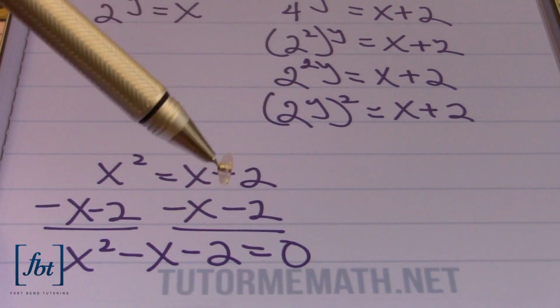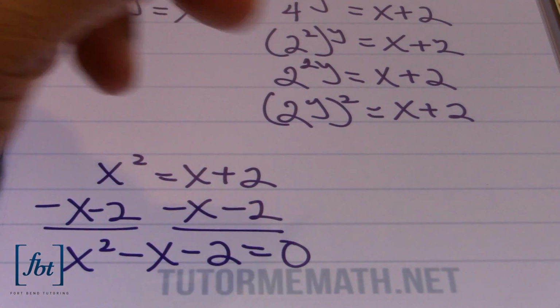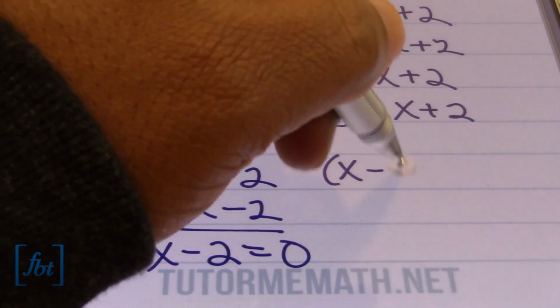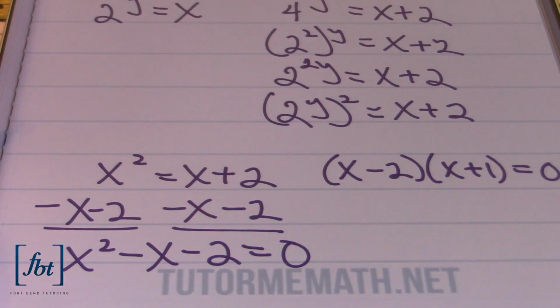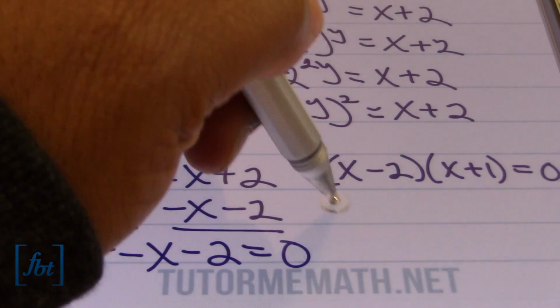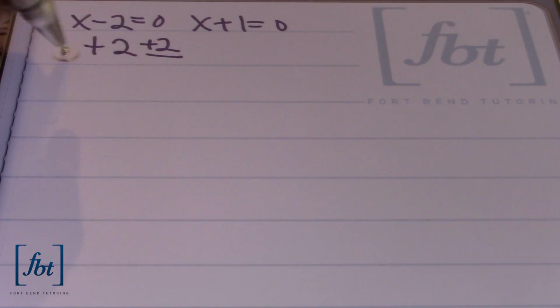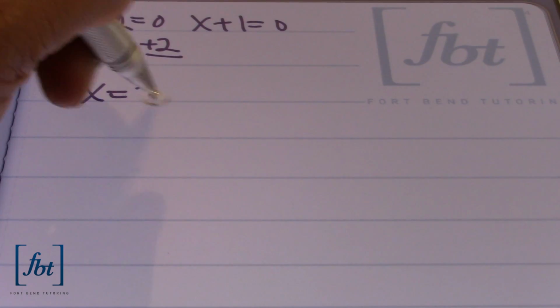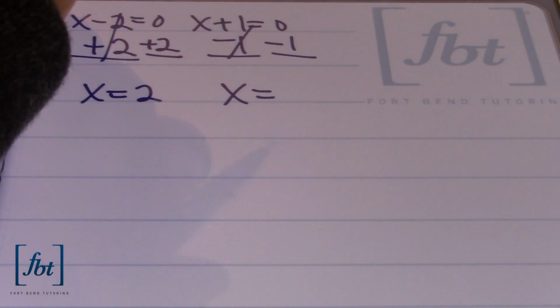So I can show that two factors of negative 2 that'll subtract to give me negative 1 are going to be 2 and 1. So we end up with the quantity x minus 2 times x plus 1, this will equal 0. Then setting each one of these factors equal to 0, you'll have x minus 2 equal to 0, x plus 1 equal to 0. Solving for x in each equation, I'll be adding 2 to both sides of the equal sign in the first equation to get x equals 2. And then I'll be subtracting 1 from both sides of the equal sign, and I'll end up with x equals negative 1,